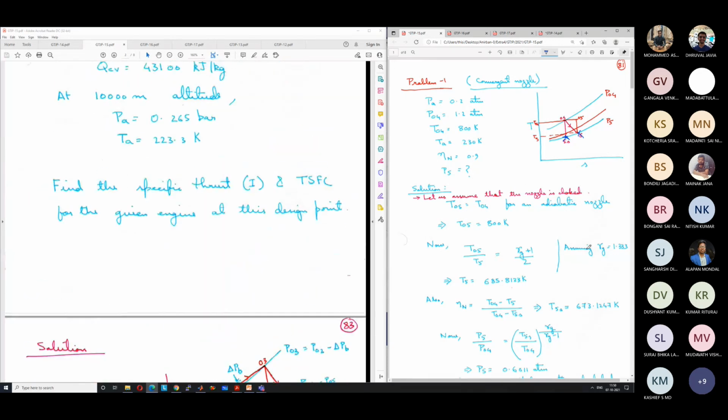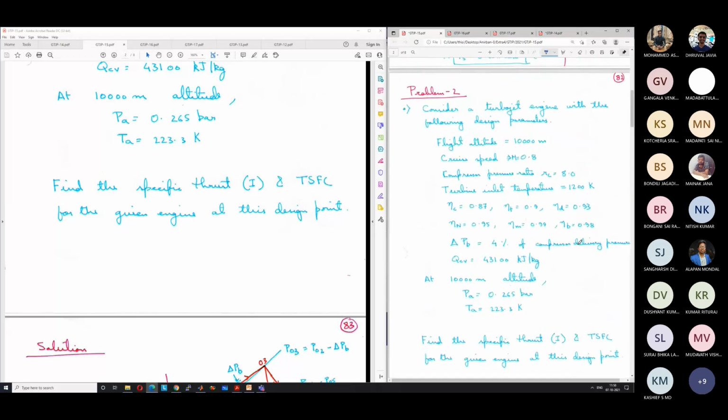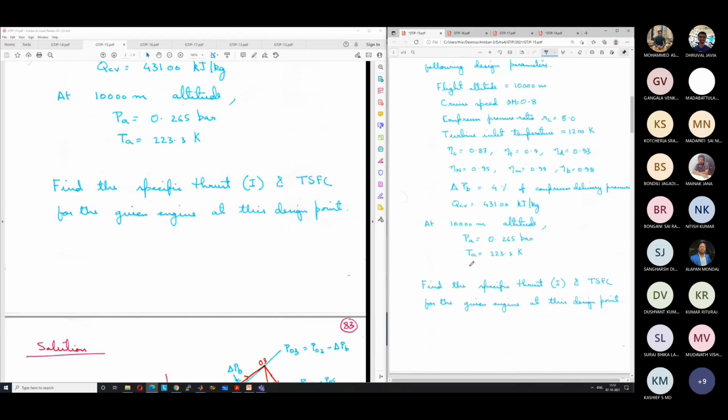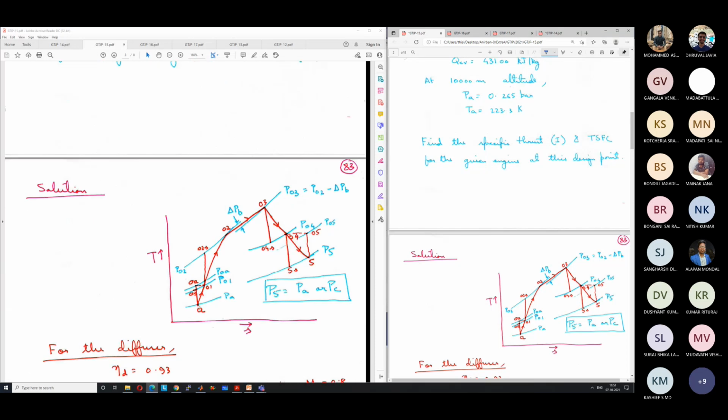Okay, so this is our problem. Let us put the problem open here. Problem solving is very easy. It is just going step by step. The main thing that I want you to take from this solution is how to do design calculations, and if you want to implement this in a programming language, how to do that. Half of the problem is solved if you can correctly draw the TS diagram.